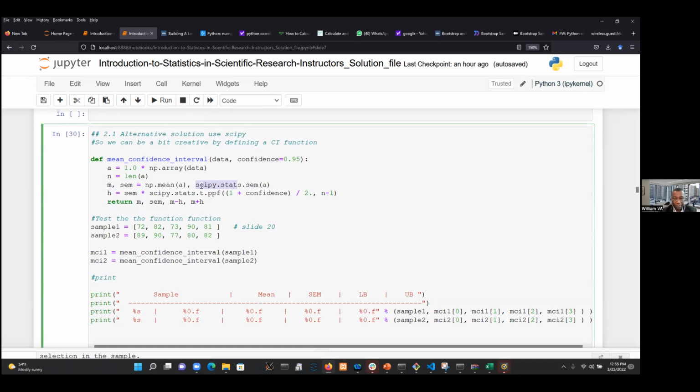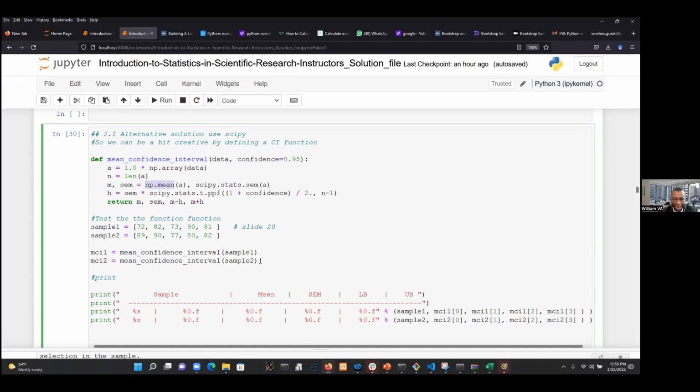How do I know about that? I know SciPy is for scientific computing, NumPy for numeric computing. So for scientific type of statistics, it's going to be there. Or just Google it. You just say standard error of mean, Python, how to compute, and you get that. So once you have a package that computes the standard error of the mean, you have another library that computes the mean, and you have another package that computes other measures, then you can just concatenate all of them together, okay? And you get a nice